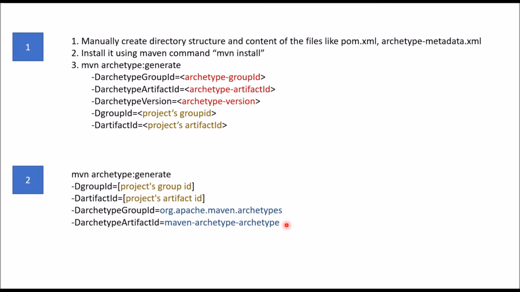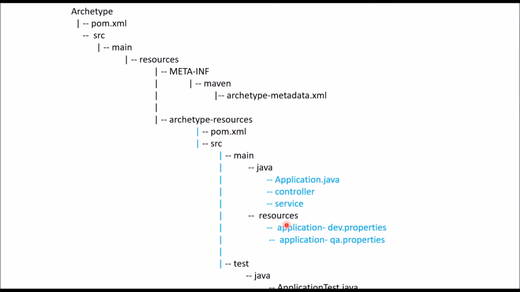So the final project structure along with our prototype files is going to look like this. Here we can see I have added controller, service, and inside resources I have added different environment specific configurations. Similarly, I can do it for test files also, and other files like lombok.config, then readme, and any other files that could be common, you can add like this. So let's see some practical implementation of this.